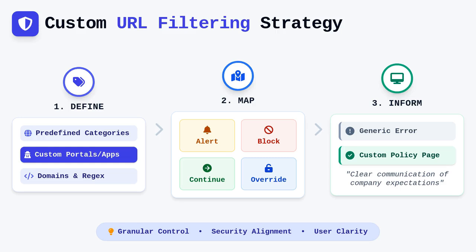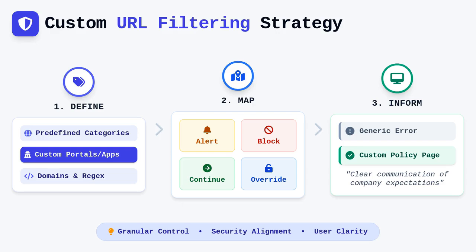To implement this effectively, you must understand how to manage custom URL categories alongside predefined classifications. While predefined categories allow for broad administration of common web types, your specific environment likely hosts unique applications or internal portals that require granular control. You can create custom URL categories by grouping specific domains or regex patterns, assigning them a unique stance within your